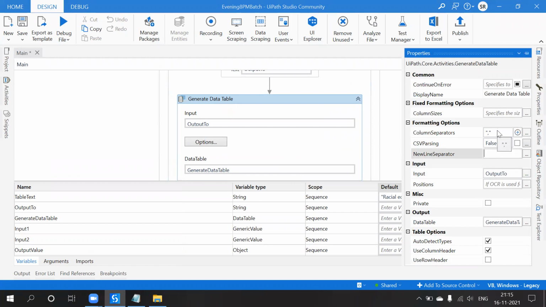CSV parsing, column separator maybe. Position, data table, auto detect types, use column headers, use row headers. Okay, so we'll see that.